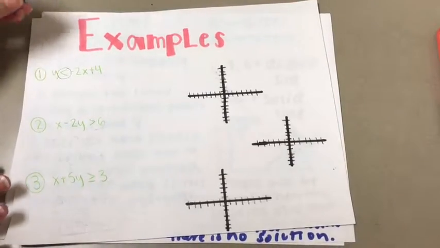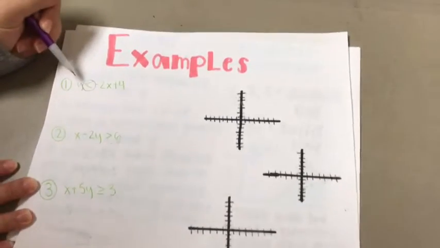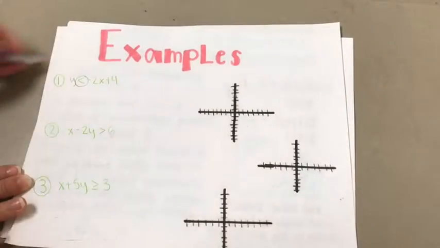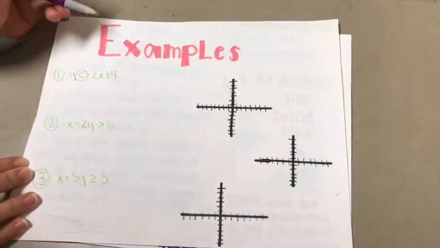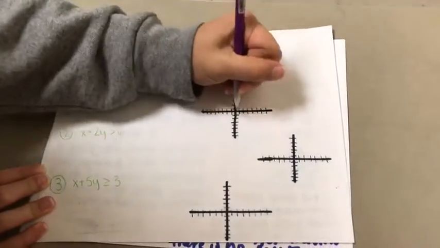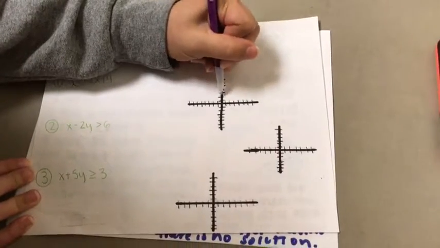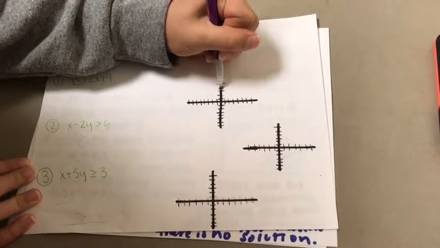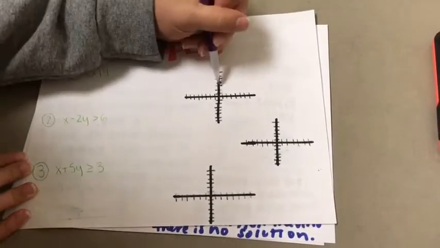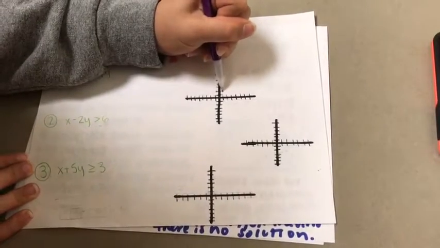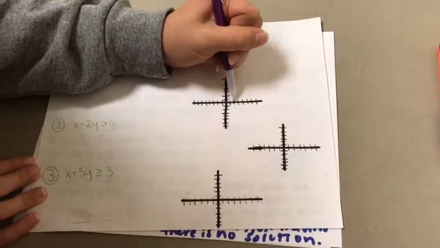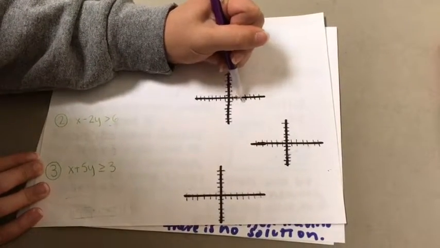Examples. Number 1. For the first example, our equation is already in the form y is less than negative 2x plus 4. So to represent this on the graph, we're going to put our y-intercept of positive 4, so 1, 2, 3, 4, mark it right there, and then our slope of negative 2 over 1. So we're going to go down 2 over 1, down 2 over 1, down 2 over 1,